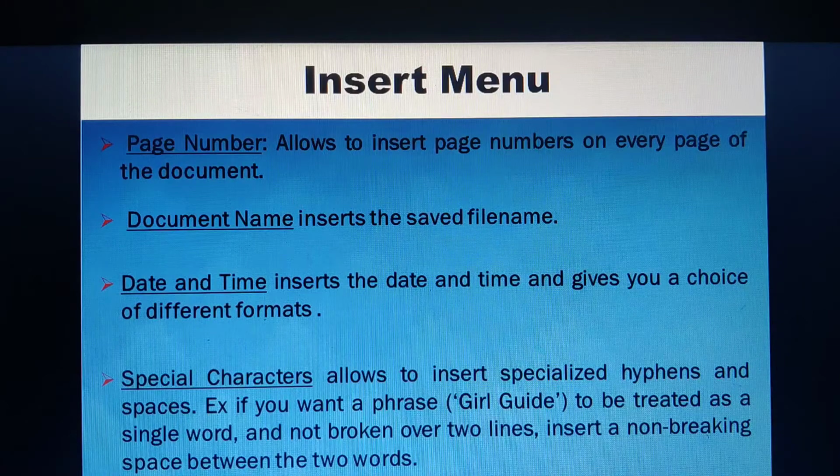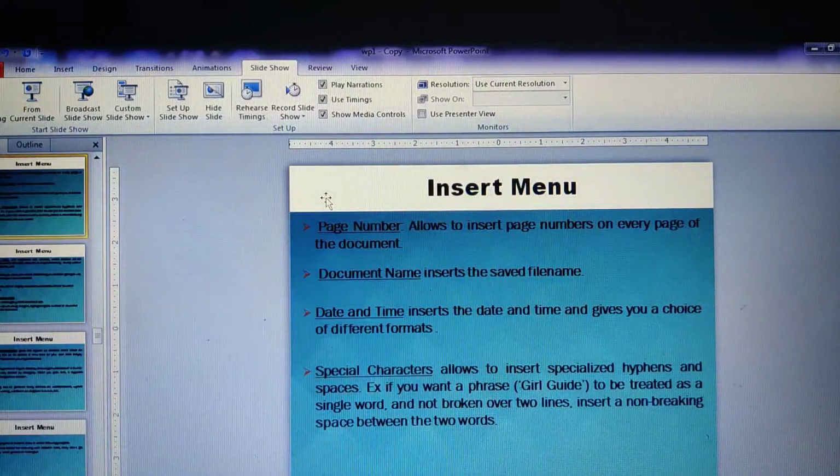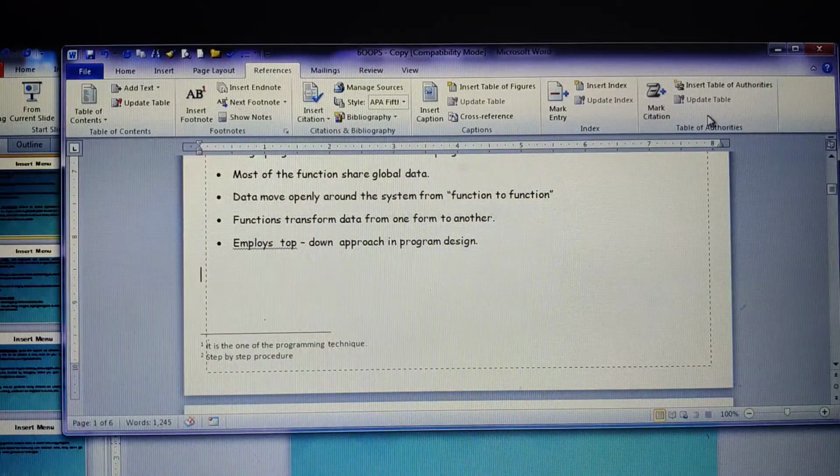So as and when it is really needed, it will automatically insert any hyphenation, and it will ensure that there is a non-breaking space between two different words. All right, so let me show all these options here. That is the first option I should show you, the page break here. Let us continue.